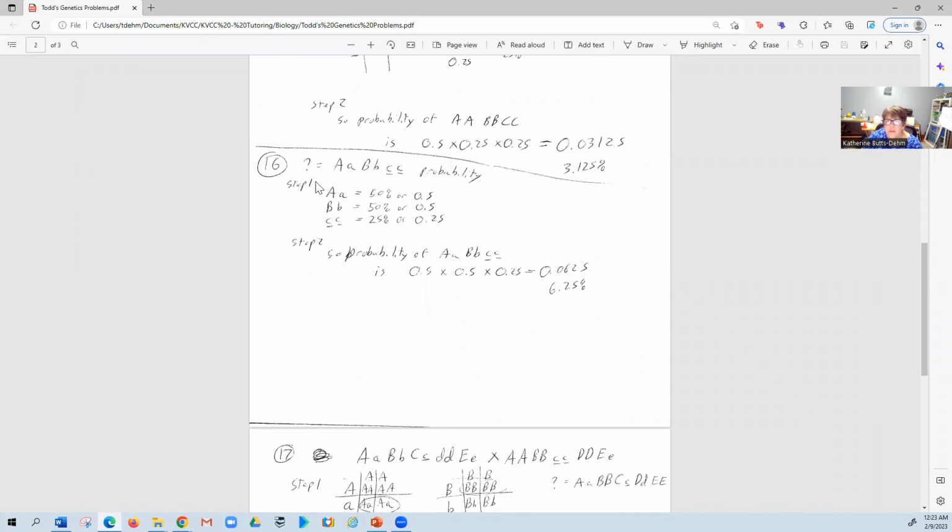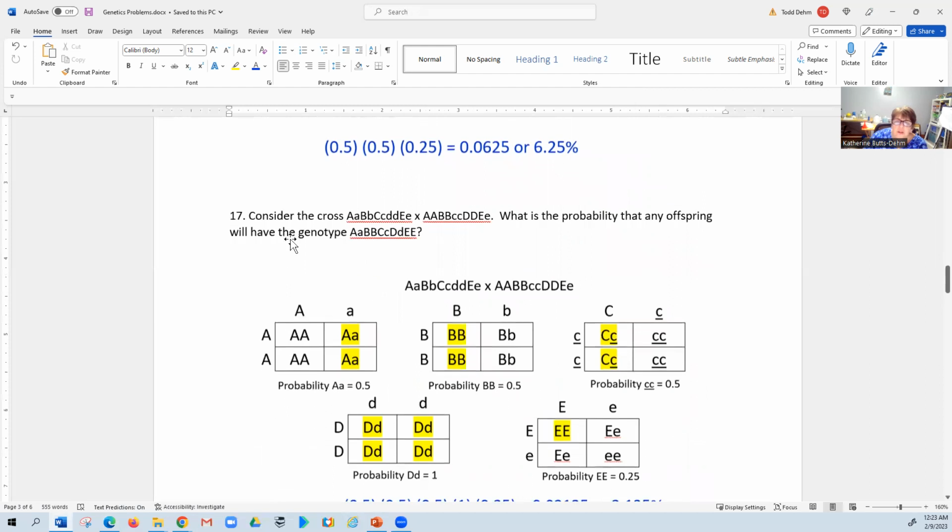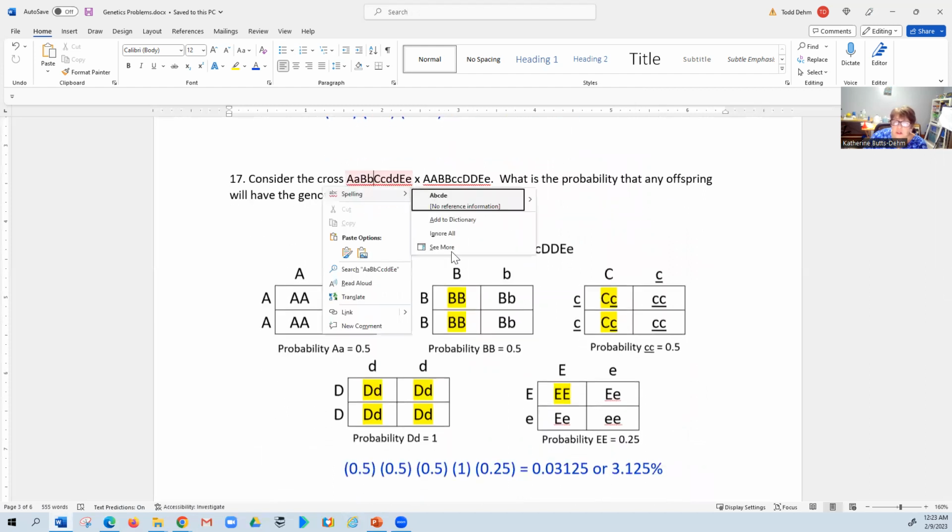He has 0.5, 0.5, 0.25, and then the 6.25% or 0.0625. So you want to make sure if they're asking probability or percent, if they have you handwrite it, you could write them both. So 17, consider the cross